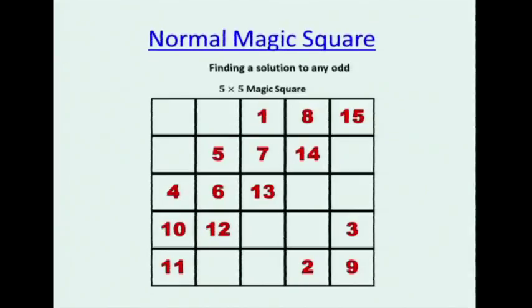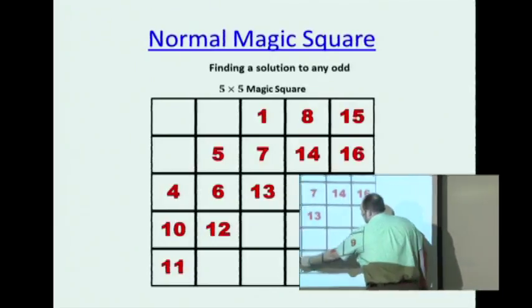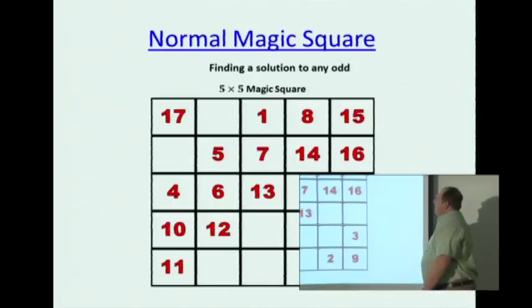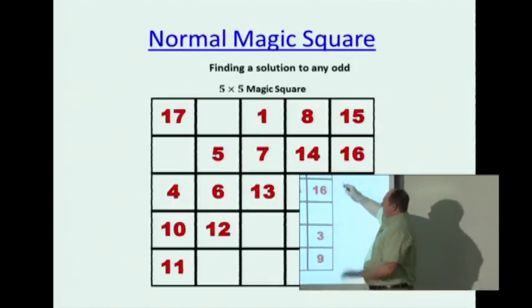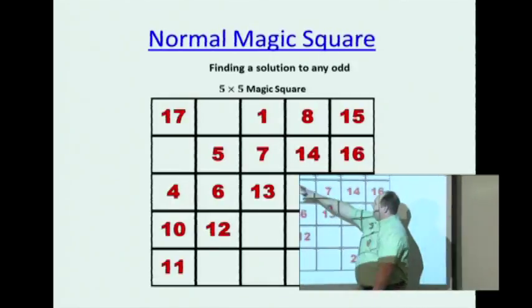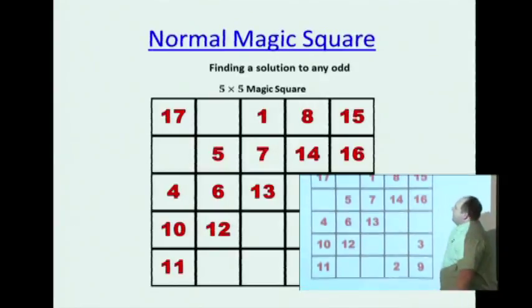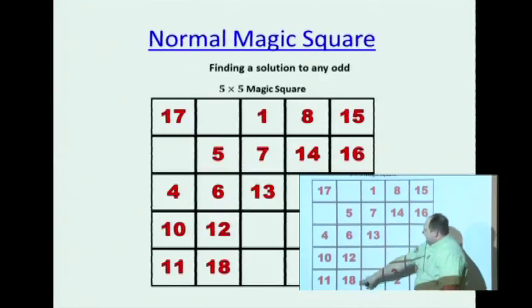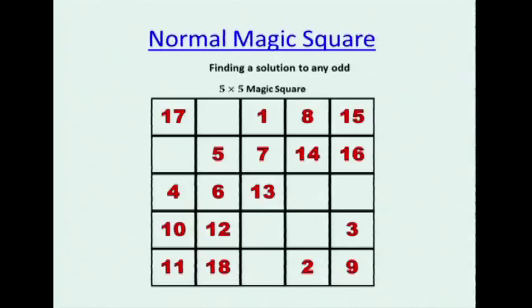So we ended off here. So we're going to go over 1 and up 1. And that's occupied. So we drop down to 16. We go over 1 and up 1. And then again, it wraps around, and it goes to 17. Over 1 and up 1 is now 18. Same thing, over 1 and up 1 for 19. Over 1 and up 1, 20. Over 1 and up 1 is occupied, so we drop down.